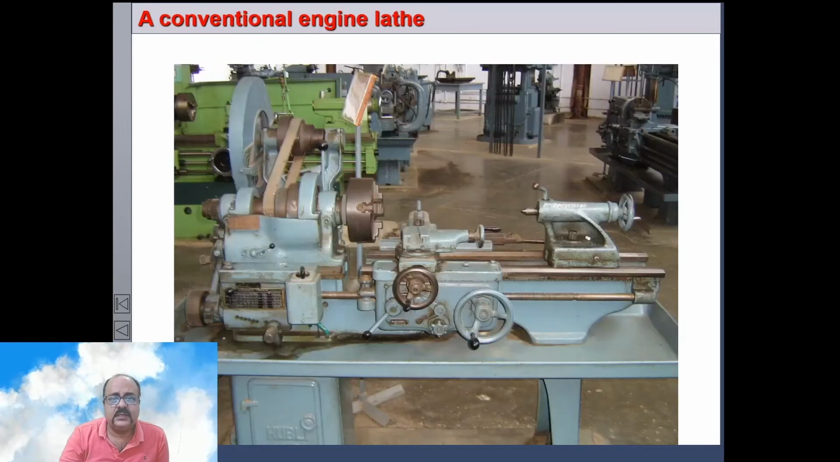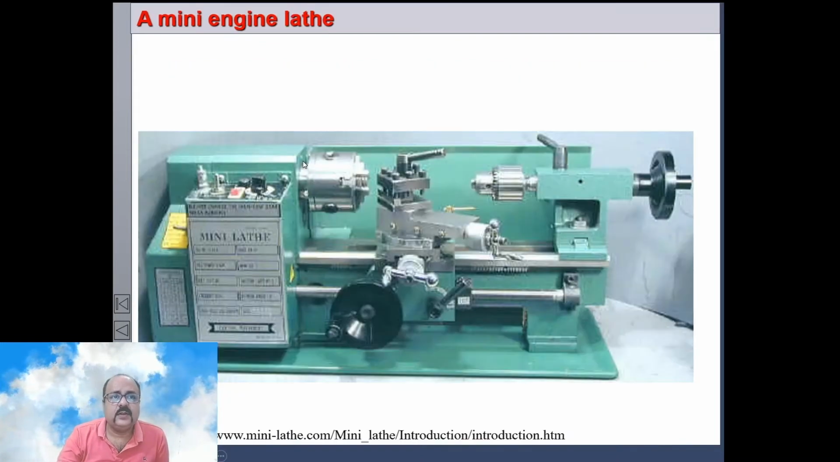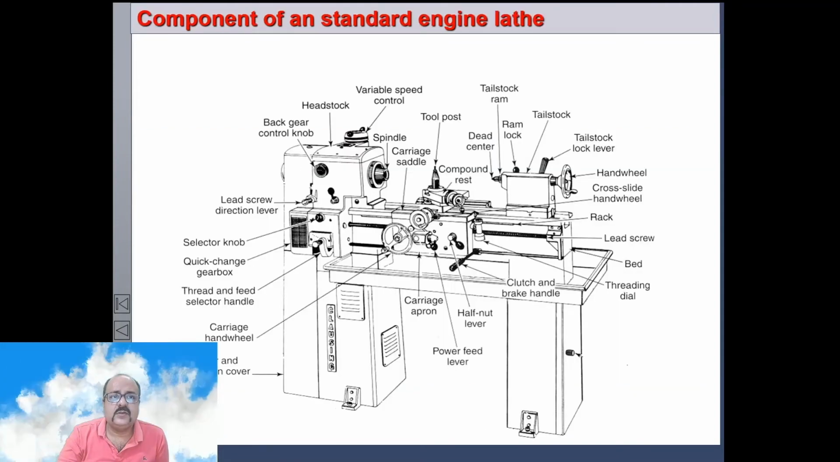This is a particular engine lathe. This is a belt driven lathe. You can see the belt driven lathe here. This is a mini lathe. So with this we come to the